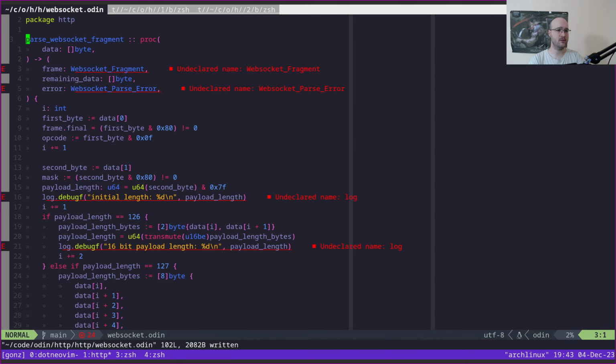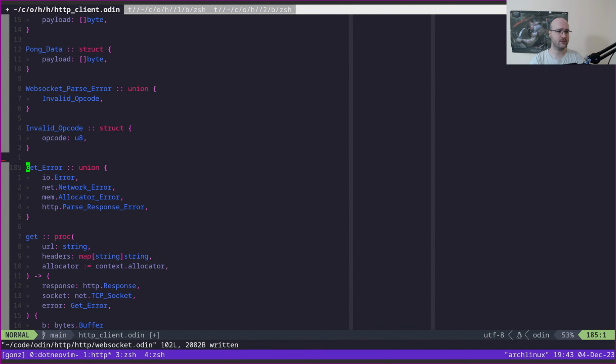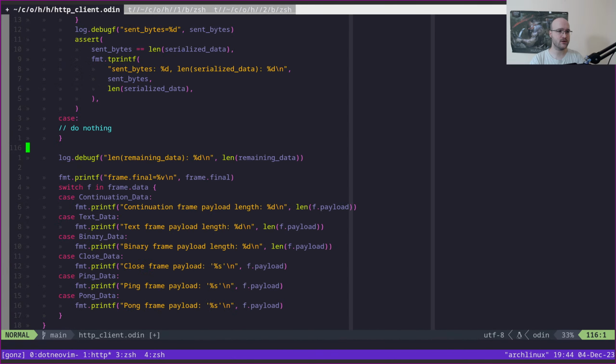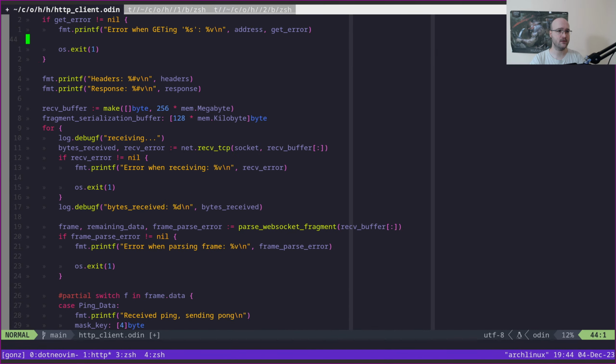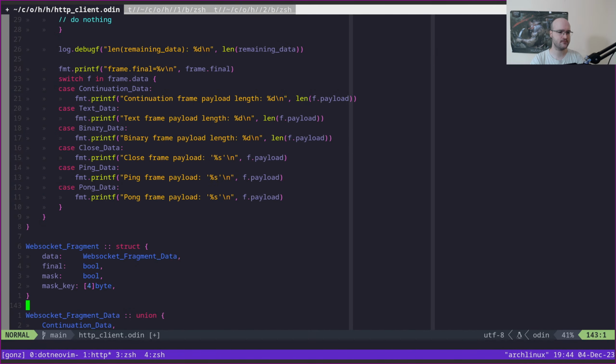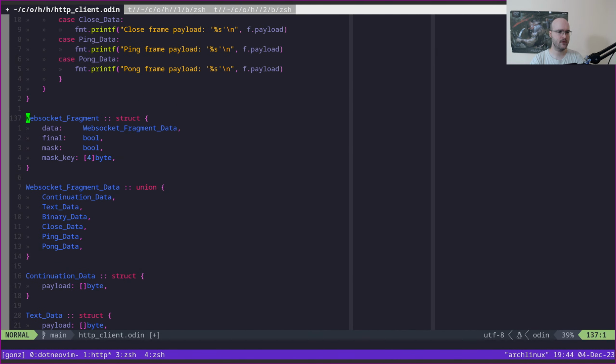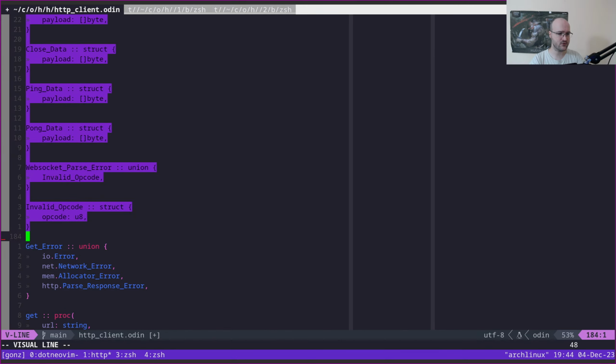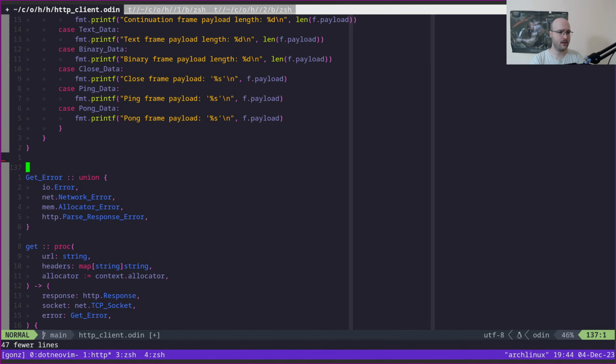Now, this is of course gonna be lacking a bunch of things. WebSocket fragment, for example. And the key here is that we can now go back and say WebSocket fragment, oh, that's the thing I need, and so on and so forth, right? Basically everything that has to do with WebSocket underscore is probably going to be stuff that we pull out, right? So we could just take a bunch of these things now and just say, hey, I'm going to remove this. So WebSocket fragment, fragment data, continuation data, text data, binary data, close data, ping data, pong data, parse error, of course, invalid opcode certainly is something that belongs to that, right? Bam, we're gonna pull those out, switch back here,